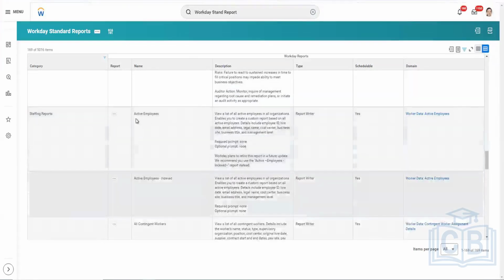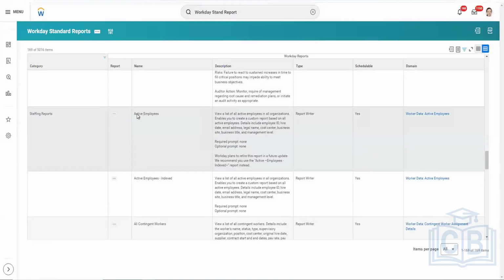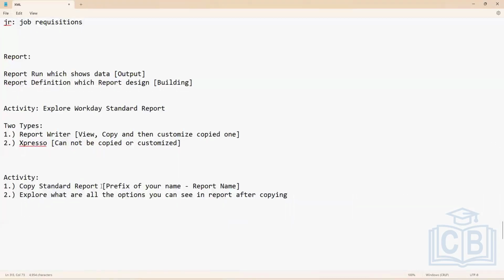Yes, there is one report, Active Employees. This is one of the delivered reports. Everyone use this Active Employees report only, so that you will be in sync. So I'm just mentioning the report name here, Active Employees. Copy a standard report, Active